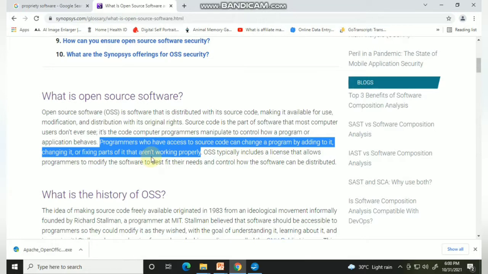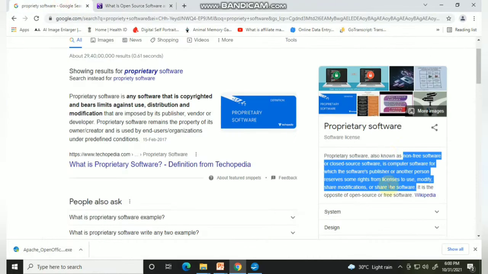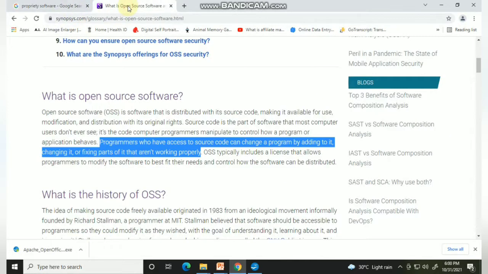So it is free of cost over the internet. Proprietary software is not like that. It is fully owned by the proprietor, so you should pay some money and get the license for that software. This is the difference between proprietary software and open source software.